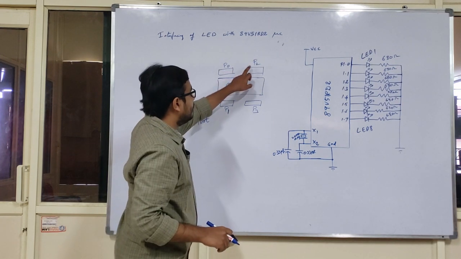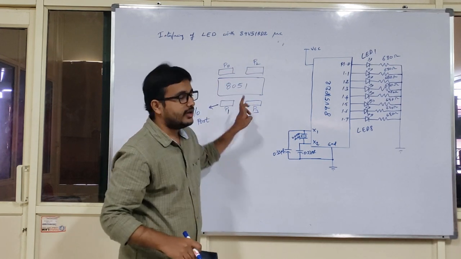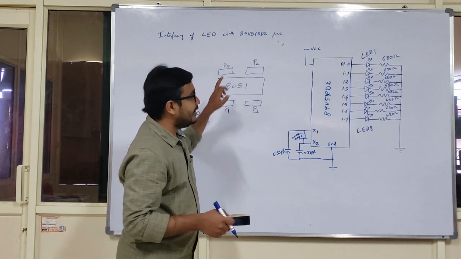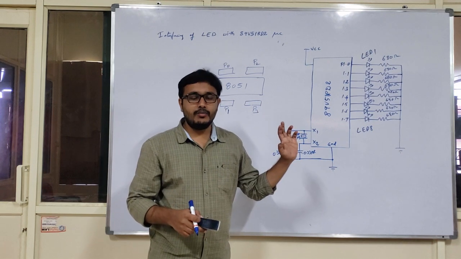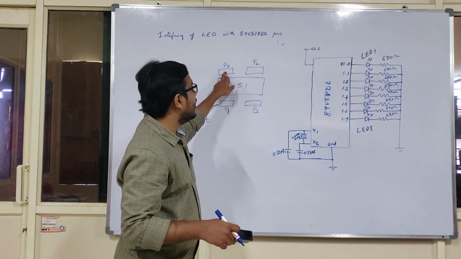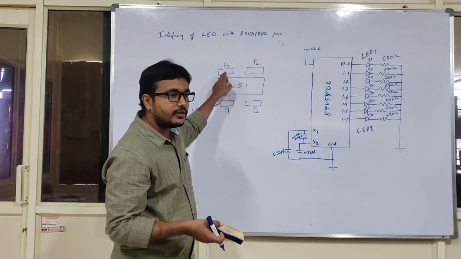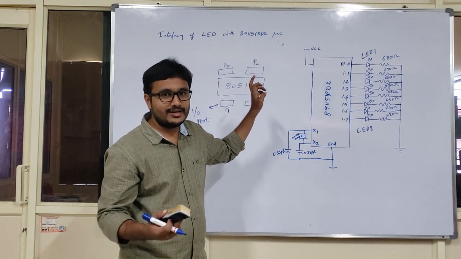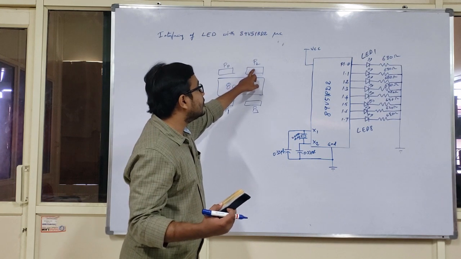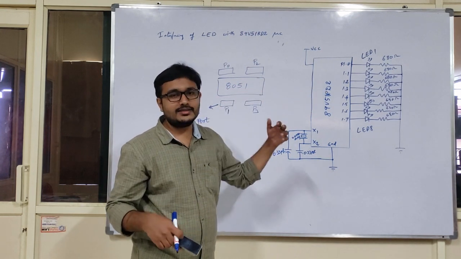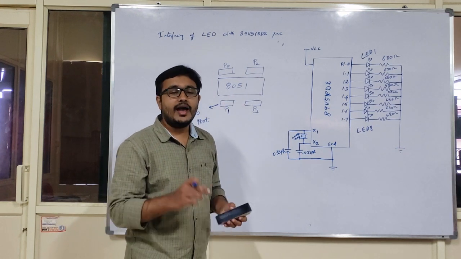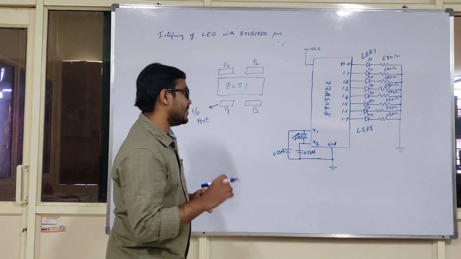The remaining P0 port, P2 port as well as the P3 port, they do dual jobs. Whenever I want to access the external memory, the port P0, which was an IO port, is now turned into a lower order address bus. And similarly port 2, whenever I am going to access some external memory, this port P2 now acts as a higher order address bus.